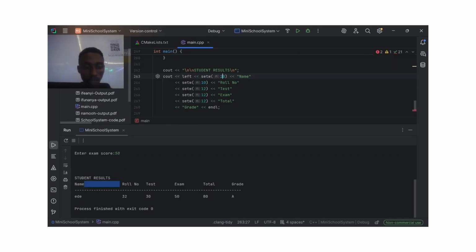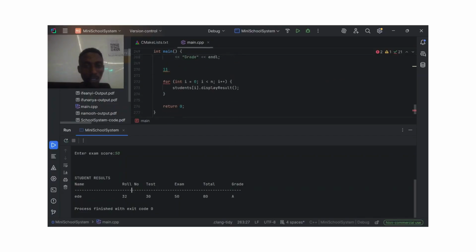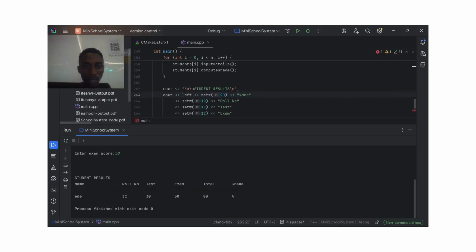So we're given a space of 20, making it look like a rectangular table. This is the name. This is the room number. This is the test. That's our data, score, grade. So we are printing this stuff out, and then after we have printed this out,